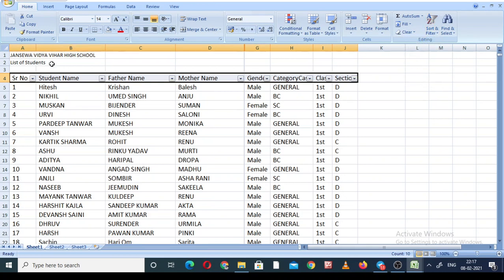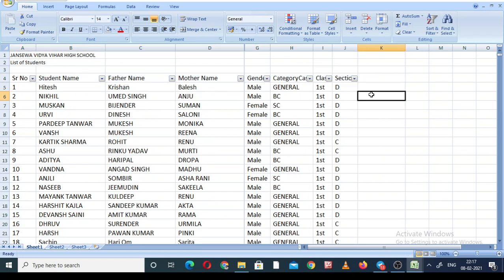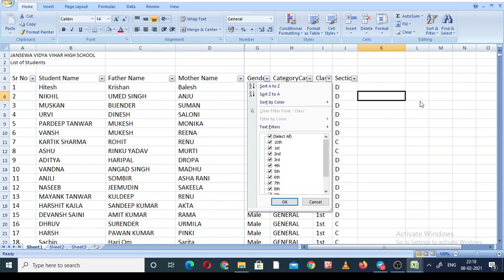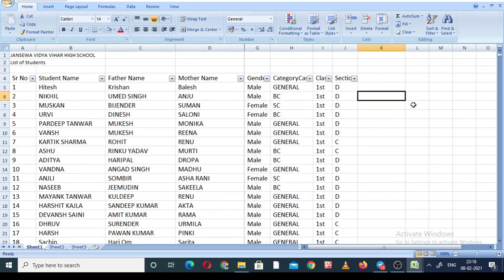See, so this kind of box will appear here. Now the next stage: what we actually want is class 3rd, section B, and girls. So we find these students out of 1700 students and make a list of them. So go to the class first. Why the class? Because we want to use the filter on class, section and gender. We don't want any change in the name. That's why we come to the class.